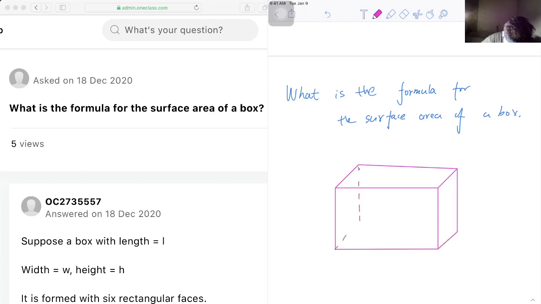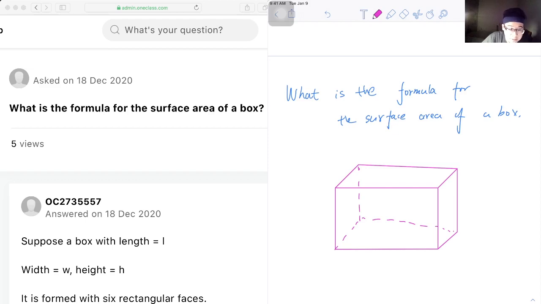So should be something look like this. So here we have a box, and as you can see here, it is formed with 6 rectangular faces,